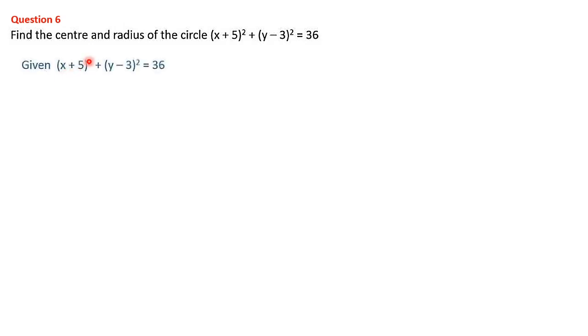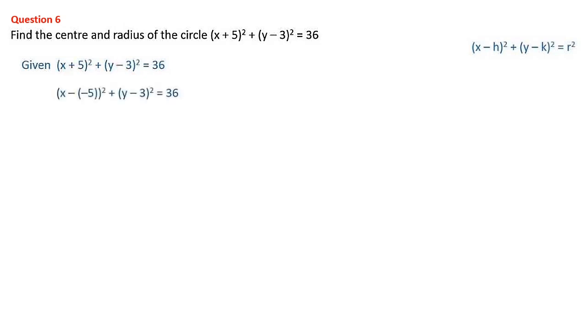Equation we can write (x+5)² plus (y−3)² equal to 36. Let's check out the general equation (x−h)² plus (y−k)² equal to r². Very carefully you have to watch. Here next to x the sign is minus. Here sign is plus. Here next to y sign is minus. Means inside the bracket there should be minus sign. Here also minus sign should be there. We have to make it in this format. You see here this is plus, but our required sign is minus. The rest of the things are okay. Here plus, here also plus. Here minus, here also minus. Not an issue. So only this one is the problem.